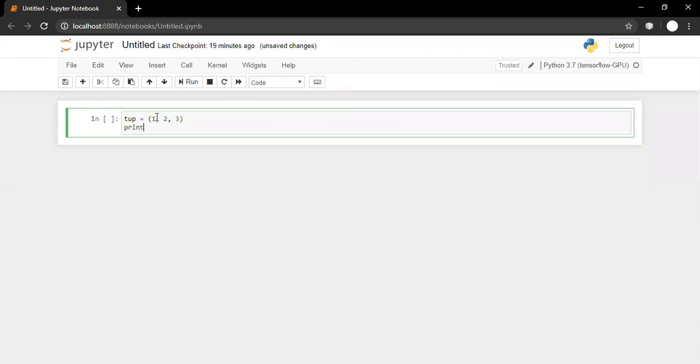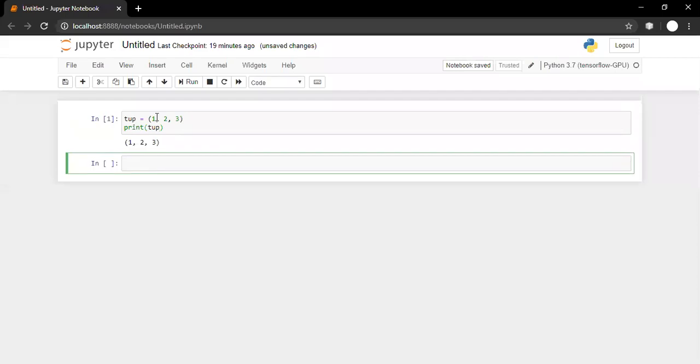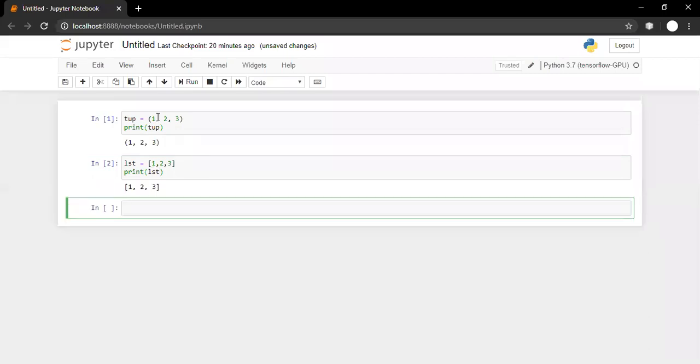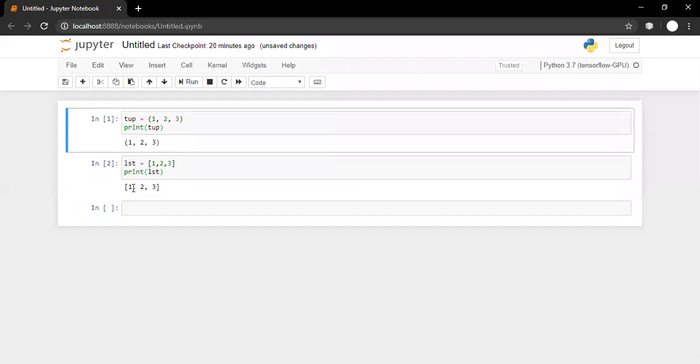If we want to print it, we can simply print tup. And if I want to create a list, let us say lst is equal to 1, 2, 3, and I'm printing a list. So you can observe that the only difference is that with tuple there is opening and closing angular bracket, and for list there is opening and closing square brackets.